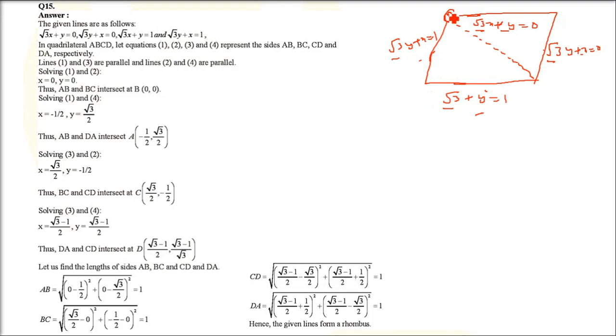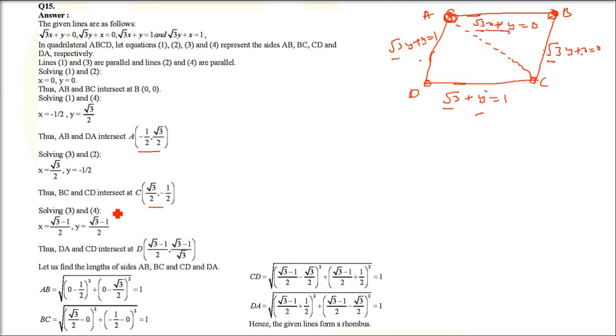Now we have to solve these equations pairwise. You take two equations at a time and solve them, and you will get the intersection point. So AB and BC, AB and AD, then DC and CB, and so on, all of these you have to take. Ultimately, we are interested in the intersection points, the corner points. If I do it, it will take a long time, so I'm just going to show you, because you already know how to find the intersection point.